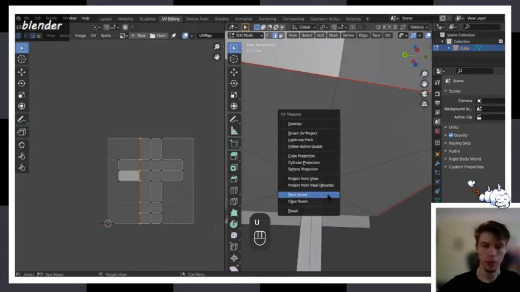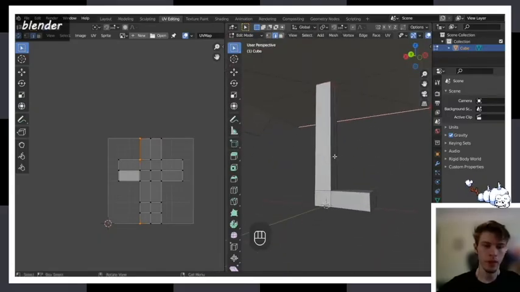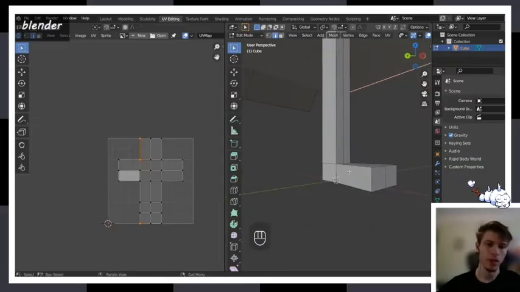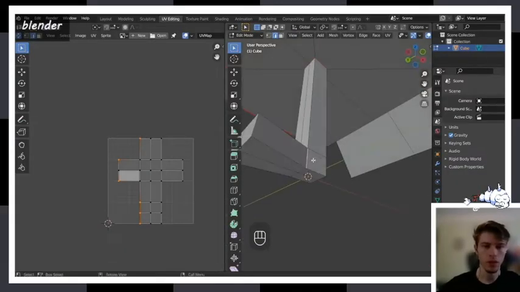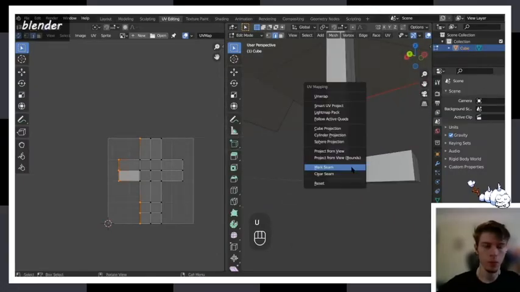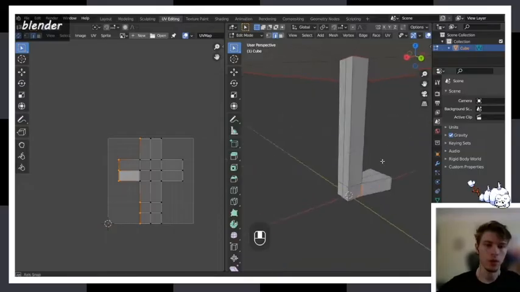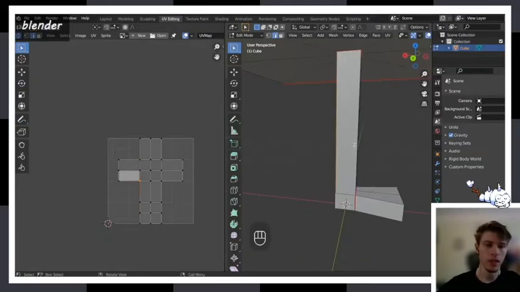And again, U, mark seam. And then for the leg, similarly, this foot part should probably be separate. So I'm going to cut around the foot, U, mark seam. And then I'm going to make one cut over here so that this whole foot thing can